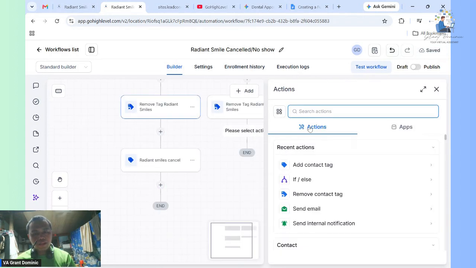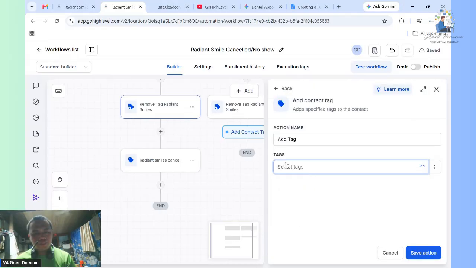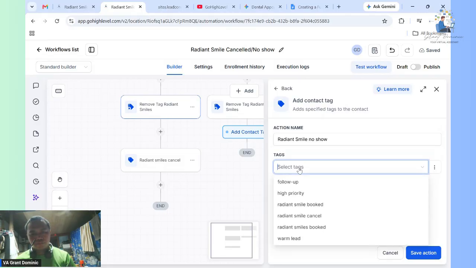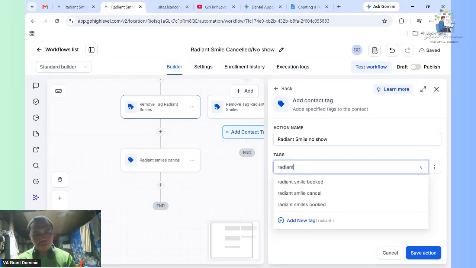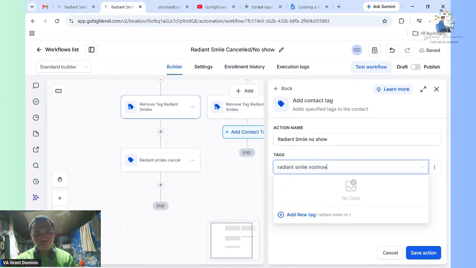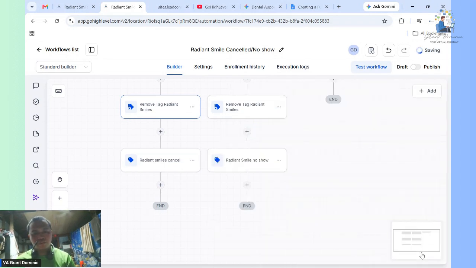So we will add a contact tag, Radiant Smile no show, Radiant Smile no show. Add new tag, save action.